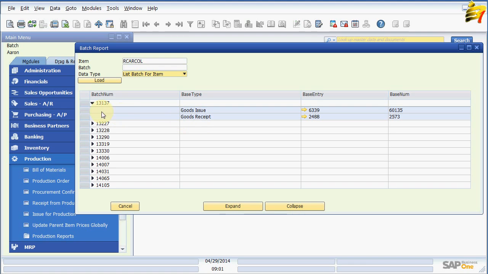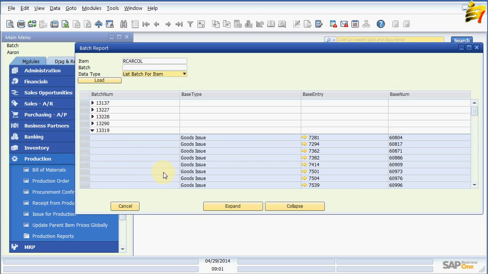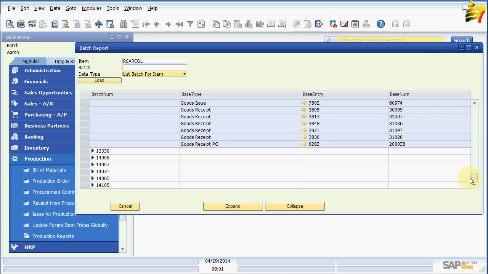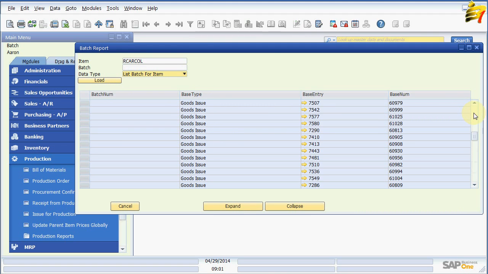And we just have goods receipt, goods issued, goods receipt, goods issued. Here's an item that has lots of goods issued, and some goods receipt, and a goods receipt PO. So this is an item that we had purchased from a vendor. So let's get that batch,